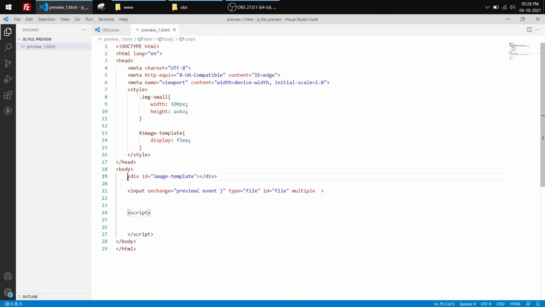So here you can see I have an HTML template div tag which has an ID. Whenever a user uploads or selects an image, I will display it within this HTML tag. So below there is an input field which is of type file and has an onchange event. The name of the function is preview. Whenever he selects a file, the onchange event gets called. So I'll create a function here,